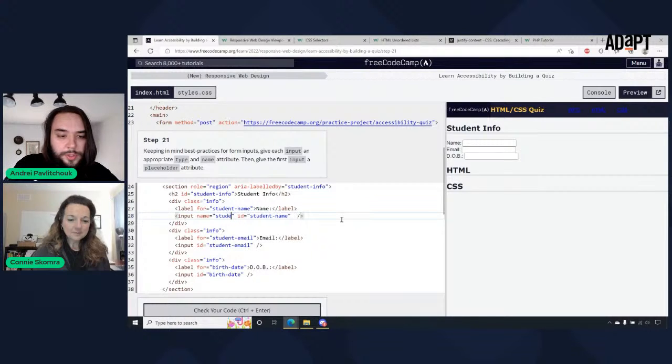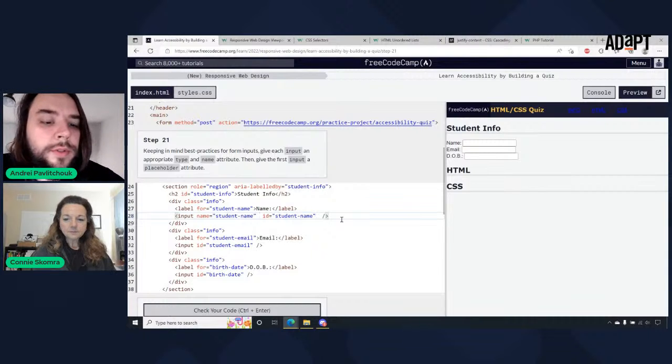I guess I will just carry on with this. Yeah, that will work. And then first, type equals